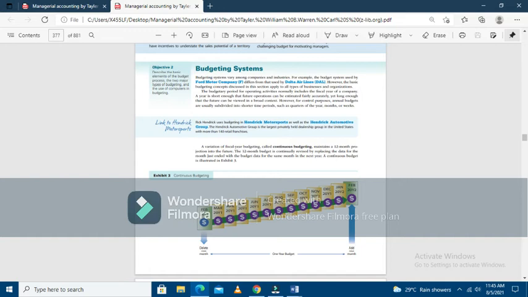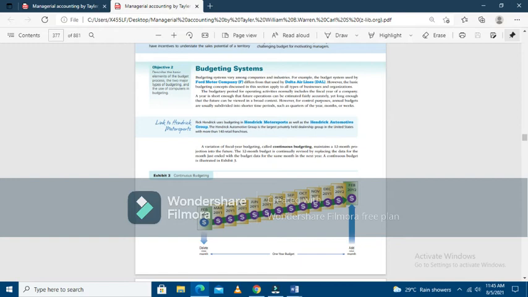Okay, we look at this, yung budgeting systems. So ang sabi dito, the budgeting systems will vary among companies and industries. So, pabago-bago yan among companies and industries kasi nga, iba-iba tayo ng nature, iba-iba tayo ng businesses. So, the budgets of one company will not be applicable to another company. The budget goals of one company may be too tight for another company. The budget goals of one company may be too loose for another company. And the budget goals of one company may be in conflict with the rules of another company.